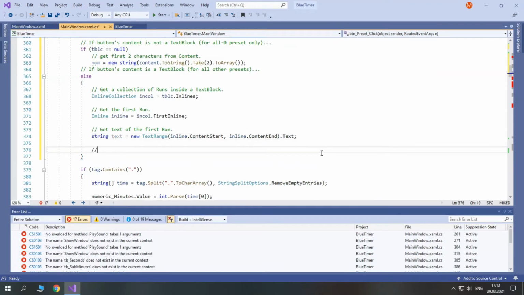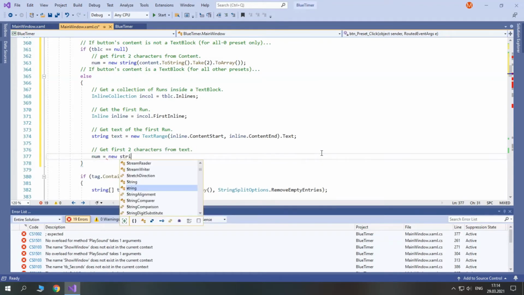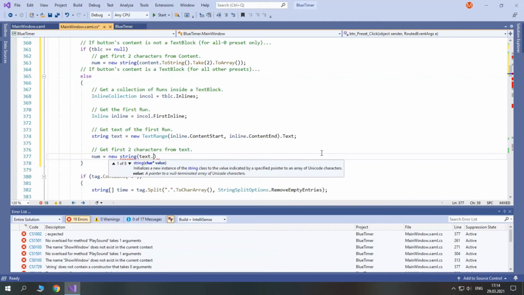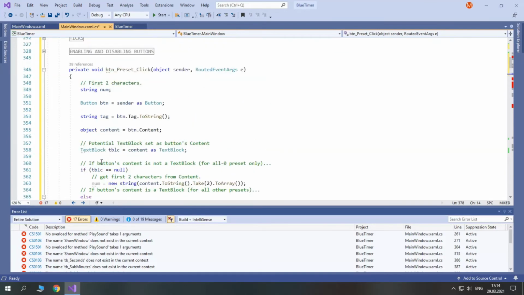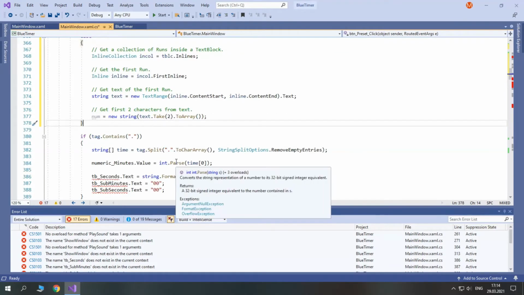And after this we can get first 2 characters from text. So num equals new string, and here text dot take 2 dot to array. Okay, and then after we got the first 2 characters, we can start parsing.